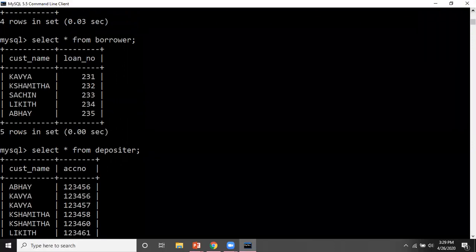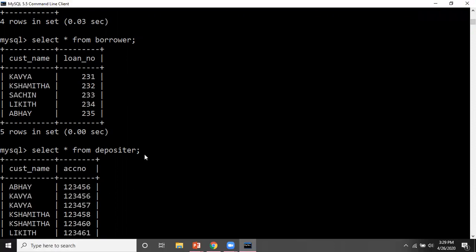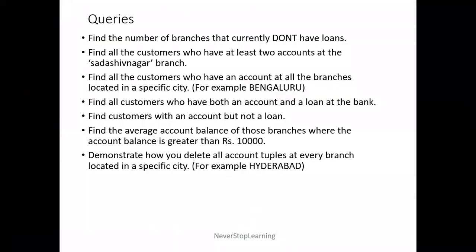Because if you can see the depositor table, they are having account, and only Sachin is the person who is not having account. This query is asking me to find the customers with account but not loan, but actually I am having all the customers who are having account and loan other than Sachin.